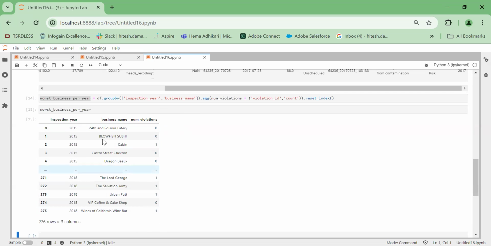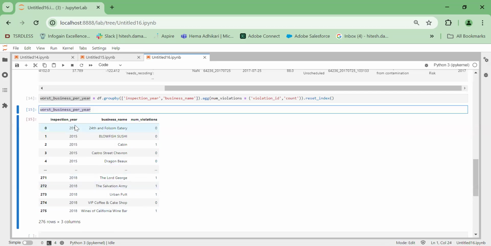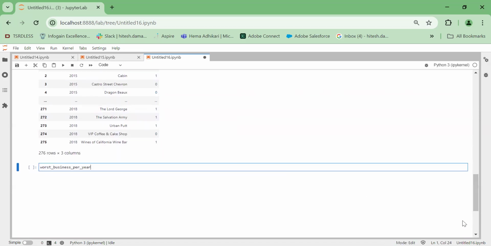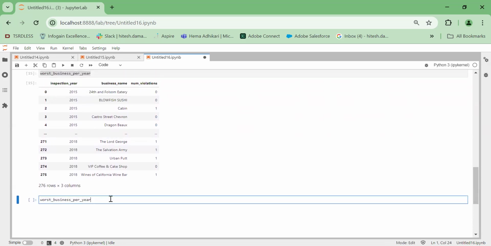Let me just quickly show you what I meant to say for that. From this, I am using an inbuilt function in pandas, which is sort_values. Basically, this is a function which we use to sort our values. So if we have to sort our values in ascending or descending order, we will be using sort_values. Again, since we have to sort inspection year and number of violations at the same time,